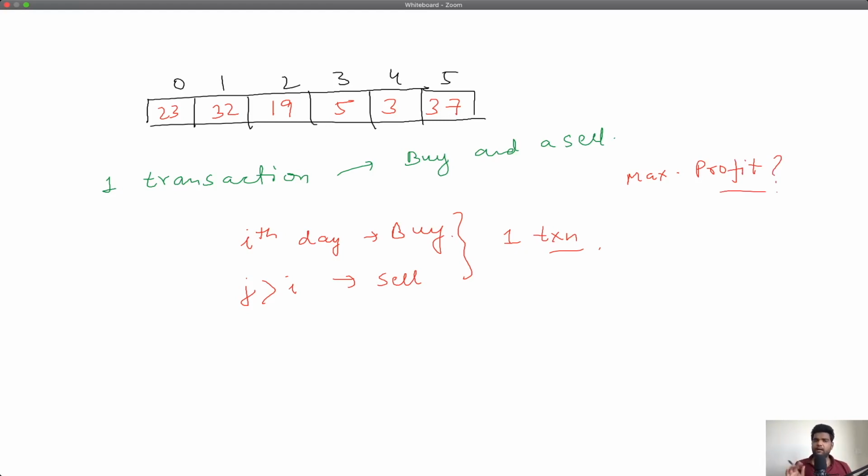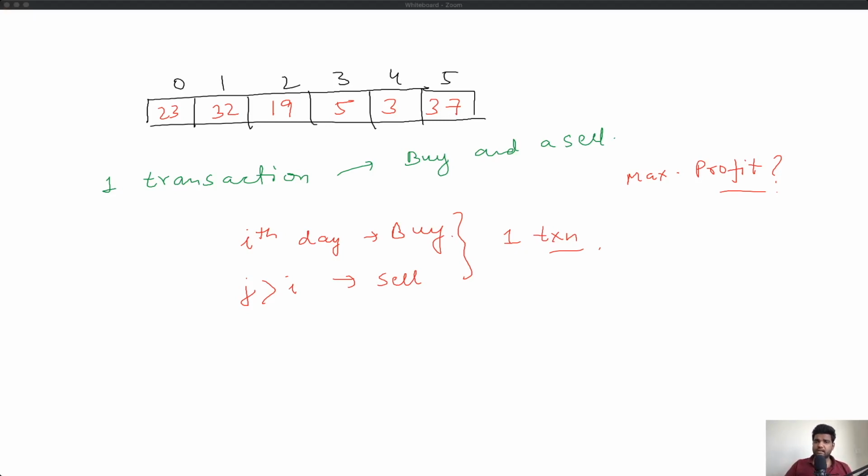So step back, you are given stock prices on days. You are allowed to do one transaction, which is buy on a given day. On any day you can buy. You can sell that same thing that you bought on a day later than the day you bought it. Out of all the profits that you can make by potentially buying on some day and selling on some day later than the day you buy, what is the maximum profit that you can make? That is the question.